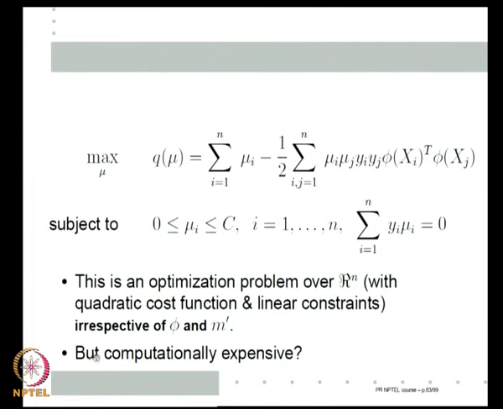Of course, in addition, even though the optimization problem remains of dimension n, I do not know, because effectively I am learning a hyperplane in a very high dimensional space, are 1000 examples enough? The second problem we will solve much later, but this SVM method will efficiently tackle that, and we will see the reasons for it later. But right now, let us concentrate on the computational problem. How do I get rid of having to do this phi xi transpose phi xj?